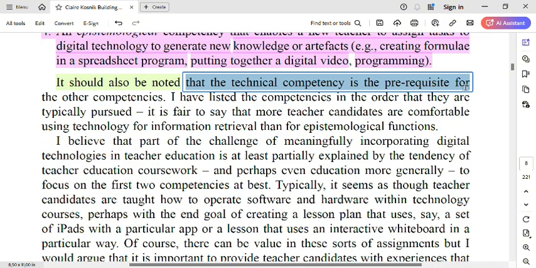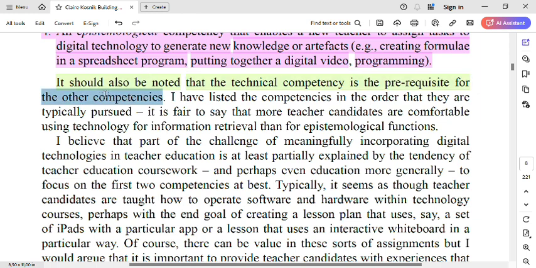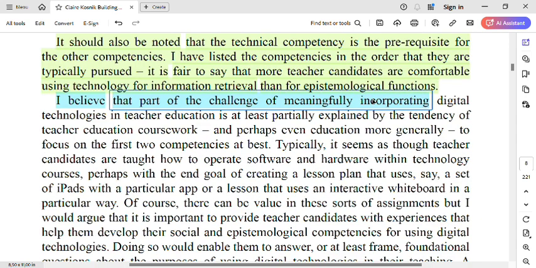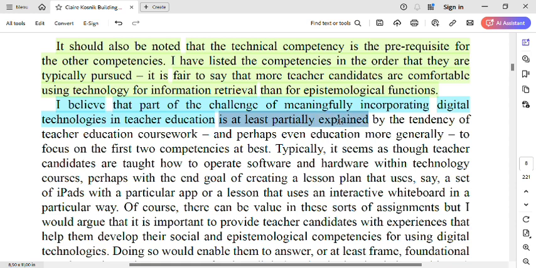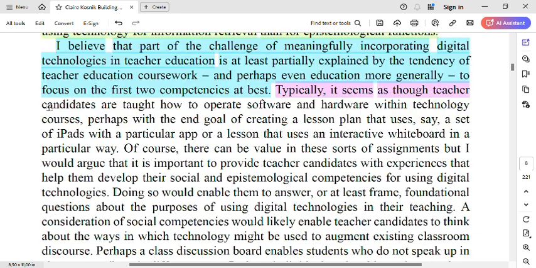It should also be noted that the technical competency is the prerequisite for other competencies. I have listed the competencies in the order that they are typically pursued. It is fair to say that more teacher candidates are comfortable using technology for information retrieval than for epistemological functions. I believe that part of the challenge of meaningfully incorporating digital technologies in teacher education is at least partially explained by the tendency of teacher education coursework, and perhaps even education more generally, to focus on the first two competencies at best. Typically, it seems as though teacher candidates are taught how to operate software and hardware within technology courses,